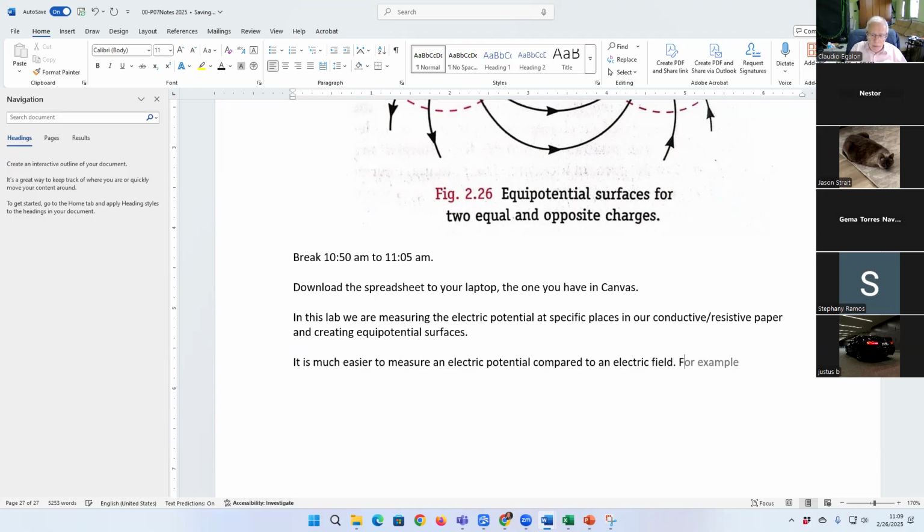So in this experiment, first, we determine the positions of specific equipotential surfaces. And from these surfaces, we determine the configuration of the electric fields. That's the idea of this lab. Right? So let's go ahead and get our